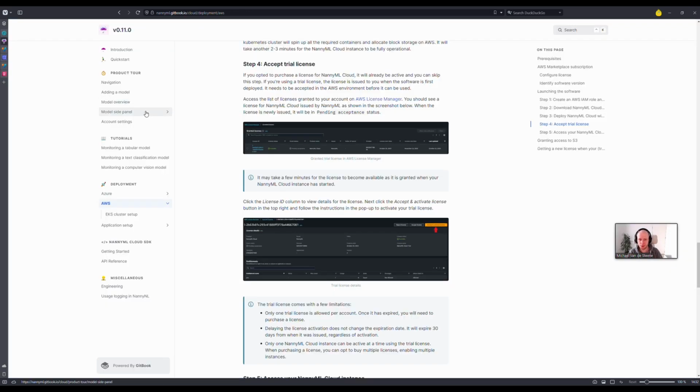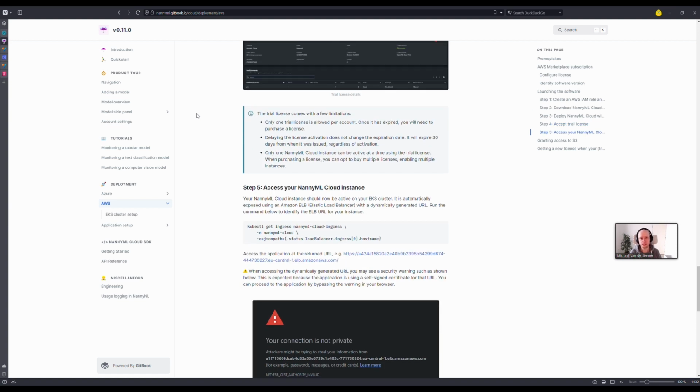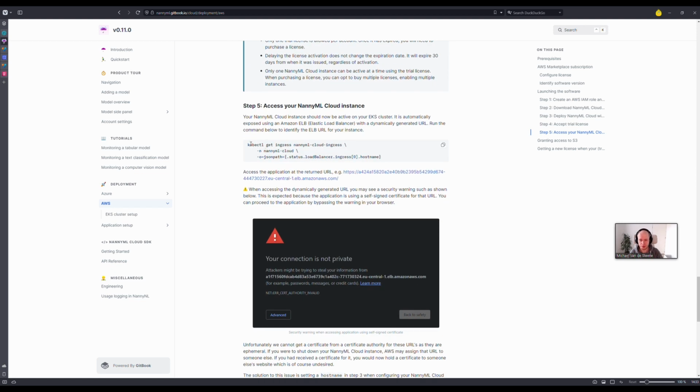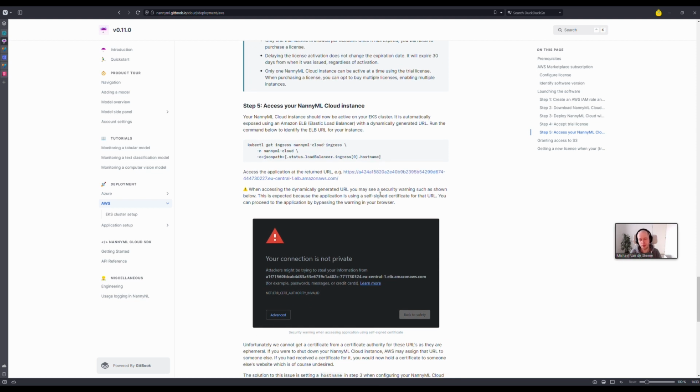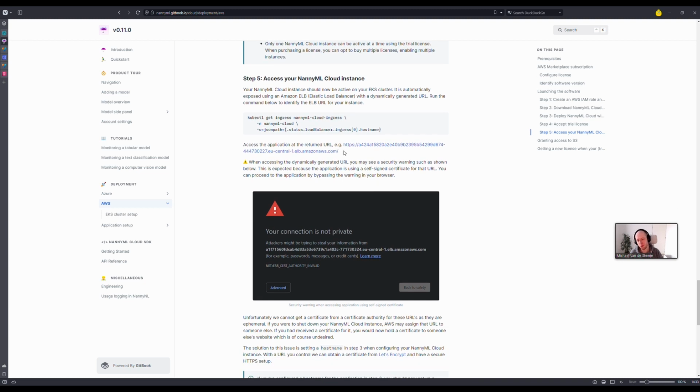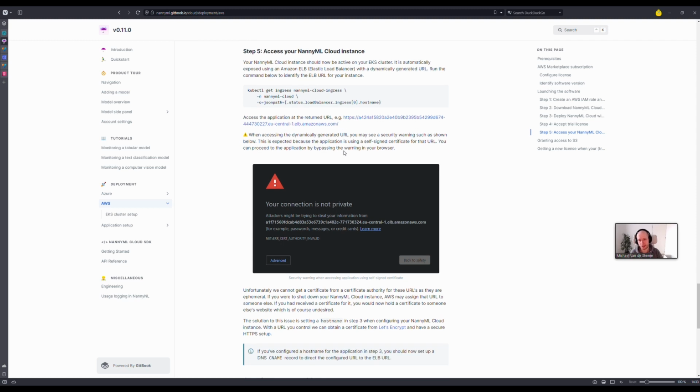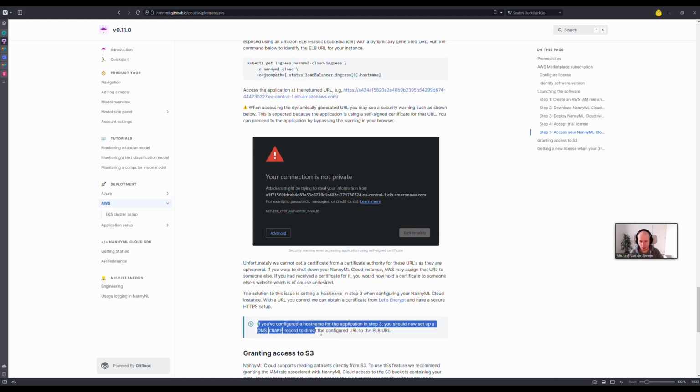So we'll go back to the documentation and see how we can actually access our newly provisioned nannyML Cloud instance. For this, we have a command available here, which will show you the load balancer URL where the application is hosted. In my case, I did not configure a custom URL, which means this will be the only URL where the application is available. If you chose to specify a DNS name, then you would be able to also create a CNAME record right now, which is mentioned here on the bottom,